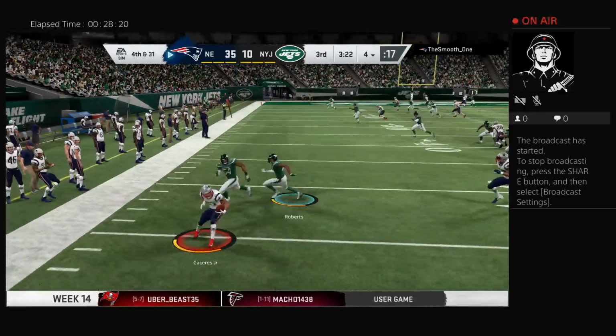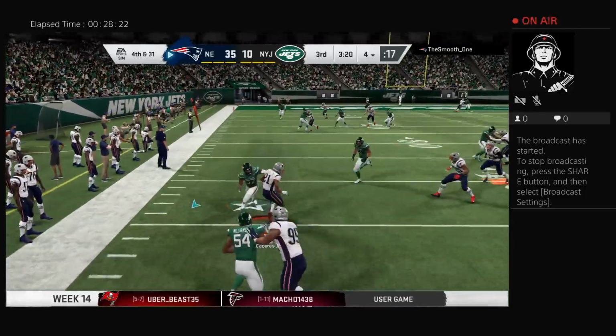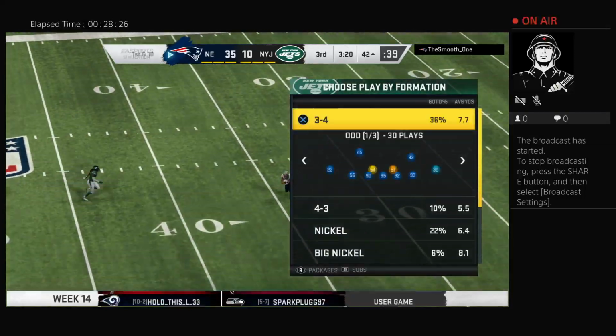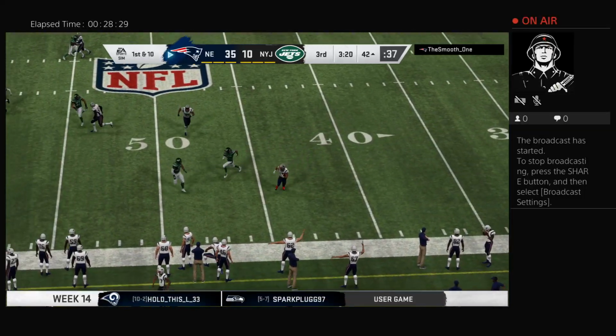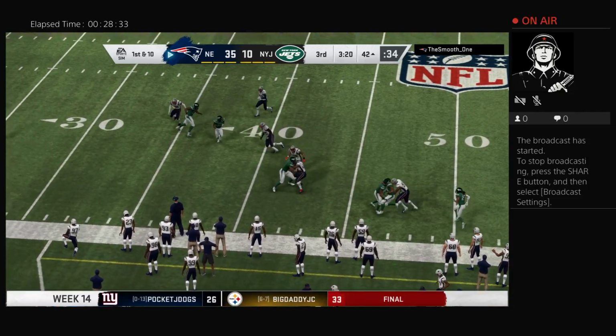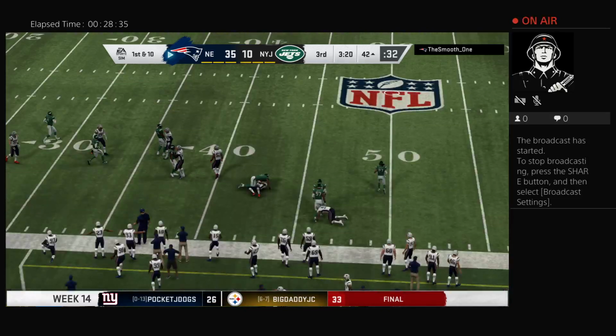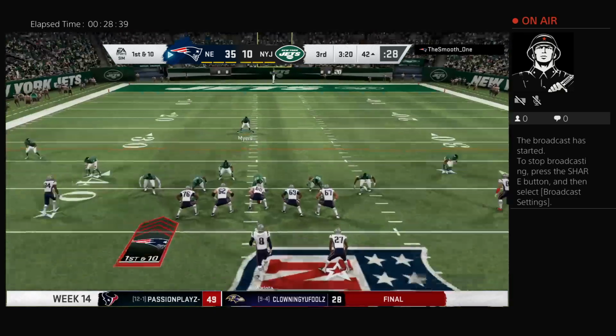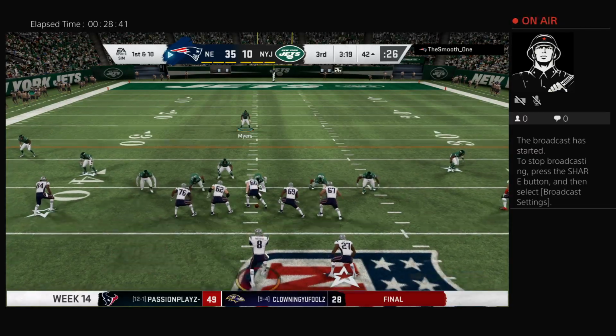And it's fielded at the 34. Nearly a huge return, as it is. Still a very good one. 24 yards. And this offense, they're going to have excellent field position. They take over with a 1st and 10 on the short side of the field. Check. Watch 54. Watch 54. It's going to be a...